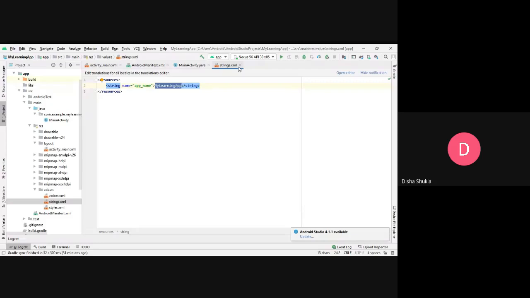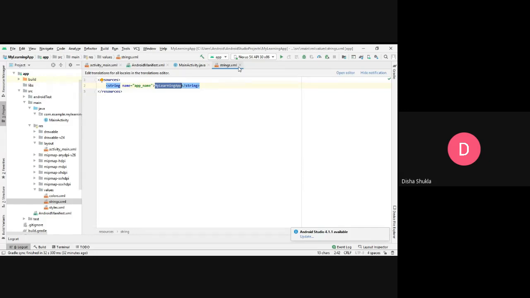Say, for example, you have more than two forms, or you are designing some different forms, and at each form you are going to take the name of the user, the password of the user, say the email id, phone number, etc. Then at each point you have to mention it either using the text view or the edit text, wherein you have to use that particular string.